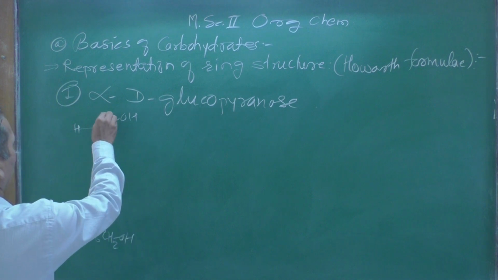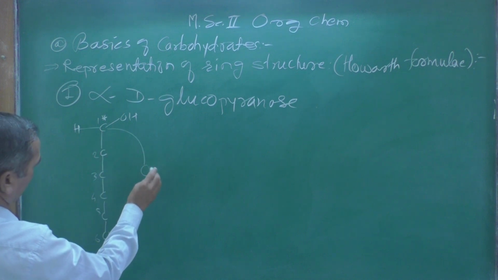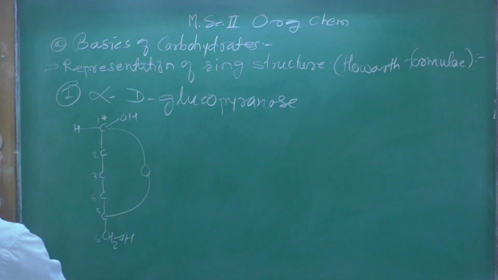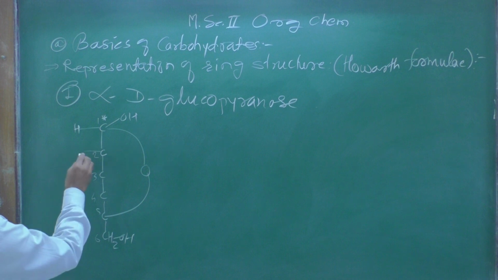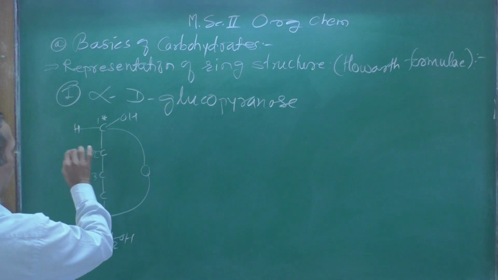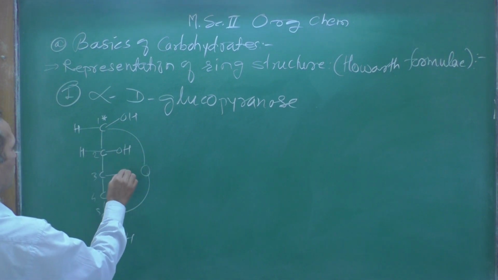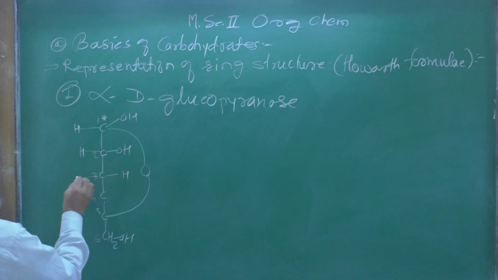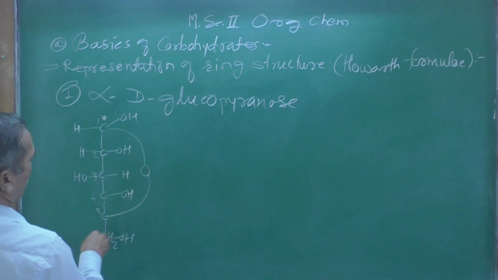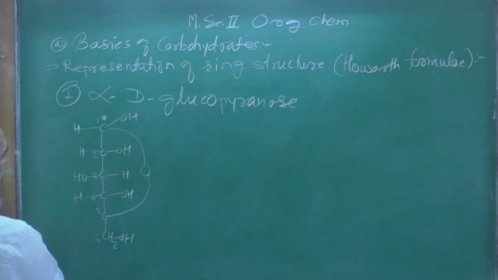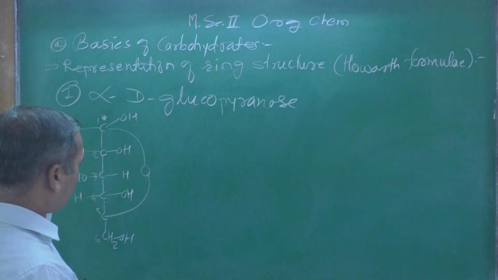Now when the ring is formed, the additional chiral center is generated over there. So you can show roughly this type of ring over here. And now here at carbon number 2, hydrogen atom on the left hand side, hydroxy group on the right hand side. In the second, hydrogen on the right hand side, hydroxy group on the left hand side, and then here hydroxy group on right hand side and the hydrogen atom on the left hand side.